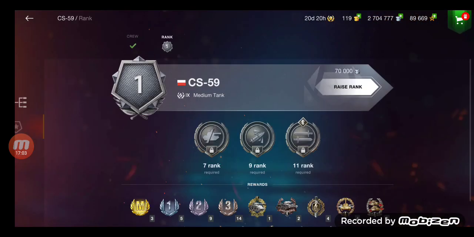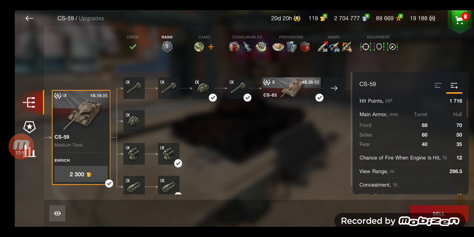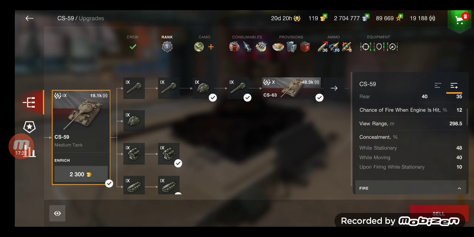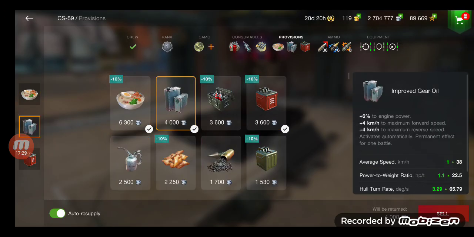Did not hit camo, did I? I did hit camo, my bad. You don't have armor. I got a lucky bounce off the K91. Okay, don't rely on that. Your gun mantlet, okay, you can probably get some random bounces off the gun mantlet. Overall, don't rely on the armor. You're basically paper. Your view range, though, is really good, sitting at 298.5, and I'm running provisions, improved fuel, and